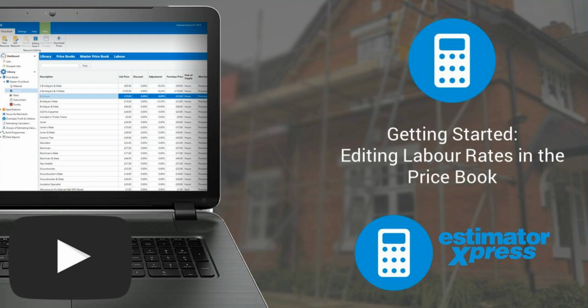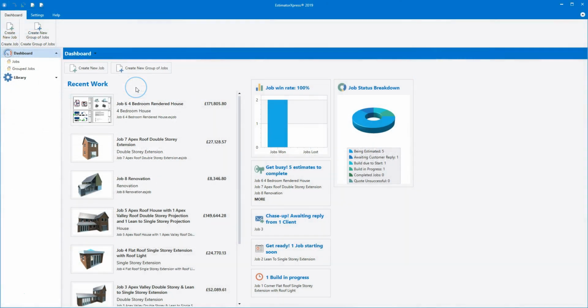In this video, I'll show you how to set up your labour rates in the price book to reflect the prices you pay. Before you create an estimate, it's crucial that you review and edit the labour rates in your software. To open the price book from the dashboard, click on the arrow next to the library on the navigator